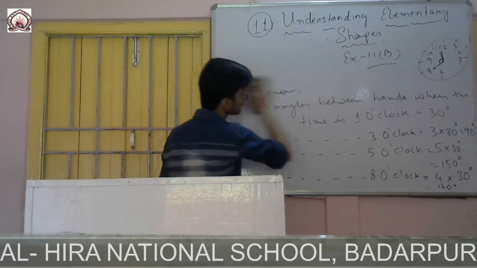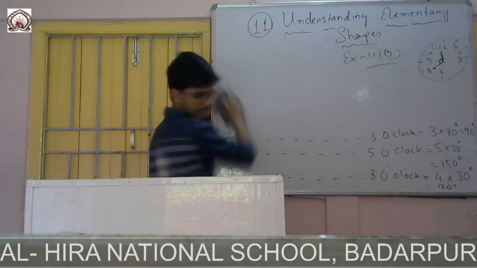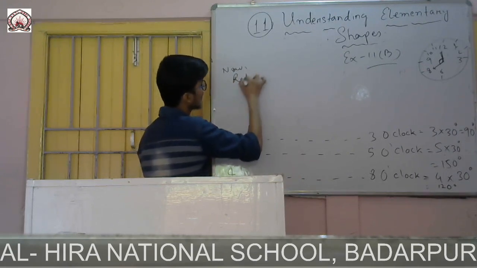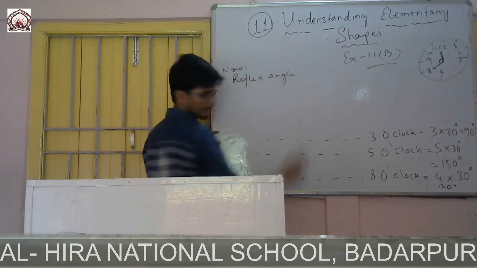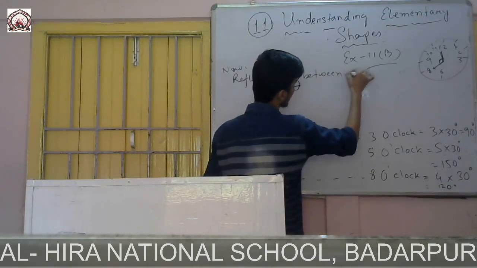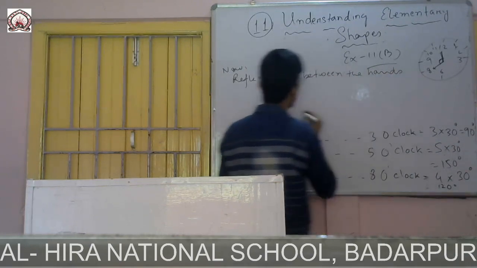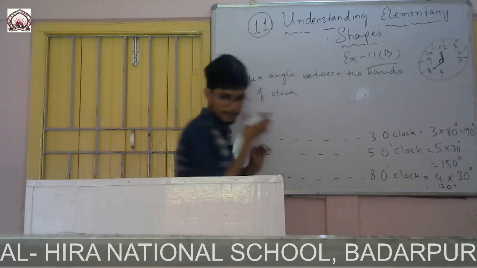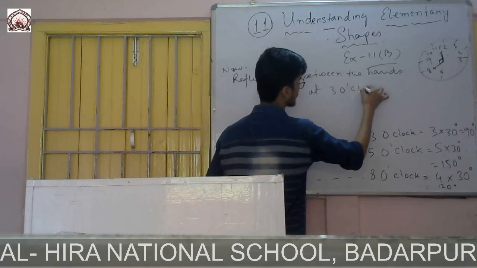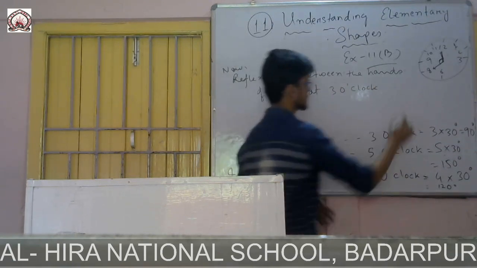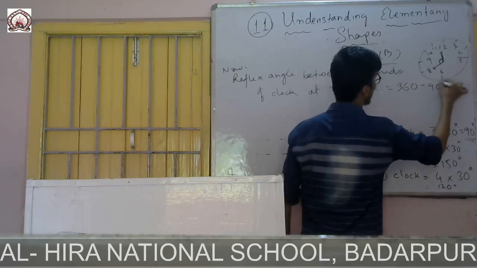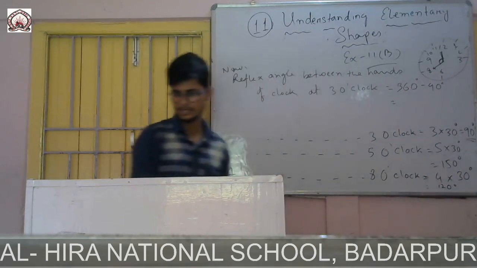So you write the last lines. Now reflex angle between the hands of clock at 3 o'clock it will be, and it is very easy to find reflex angle. Simply the angle which one it is there 90, so simply you subtract it from 360, you will get the reflex angle. If I subtract from 360 degree, it will be